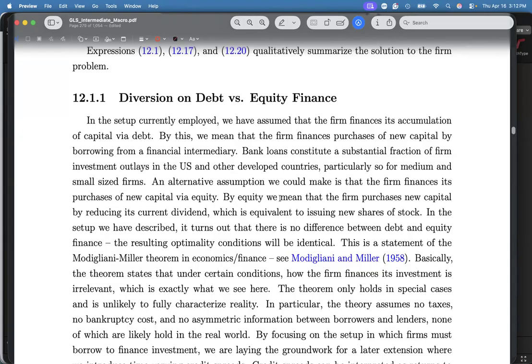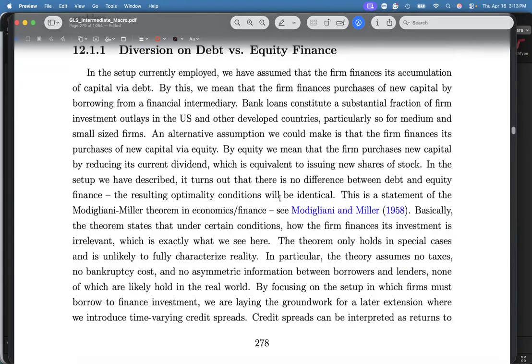You're creating new shares, selling it. If they buy it, it's a way for you to finance your company. Okay, so yun yung mga stocks. The only difference, of course, is in period T pa lang, kasi nagbebenta ka ng equity, you have to already give them dividends from the start, from time T. Whereas if you borrow, you will start paying next period.